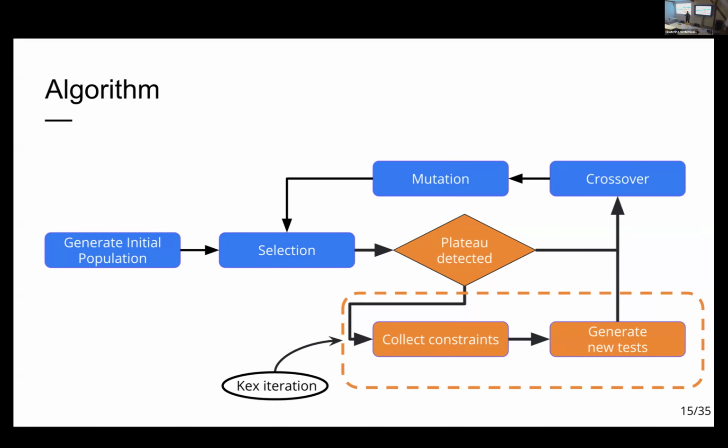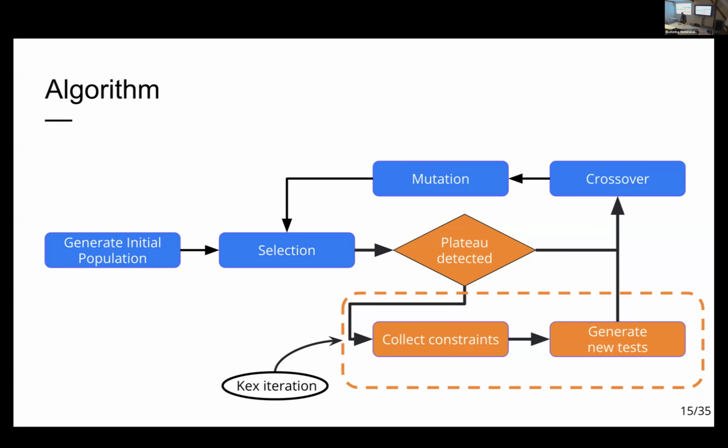Rustam took EvoSuite's pipeline and just added plateau detection. If a plateau is detected, we run a KEX iteration by collecting constraints, what is covered and what is uncovered, selecting what should be covered by KEX, and generating new tests. After that, they go through the whole evolving process. And that's why sometimes KEX iterations were not bringing a breakthrough right away, but in some future they helped EvoSuite